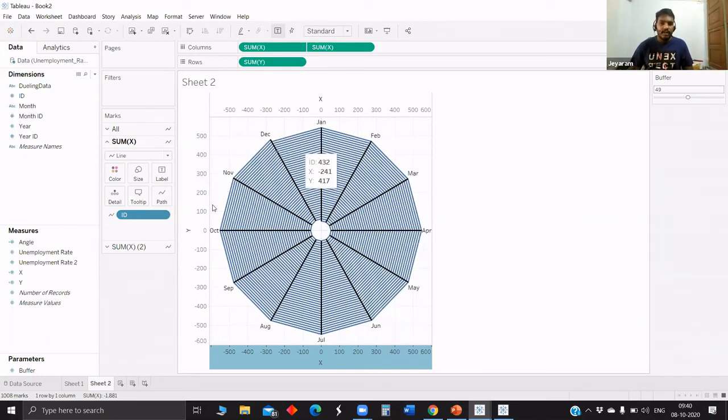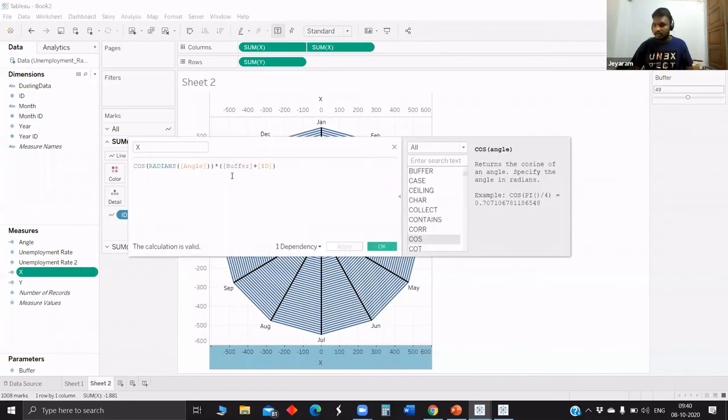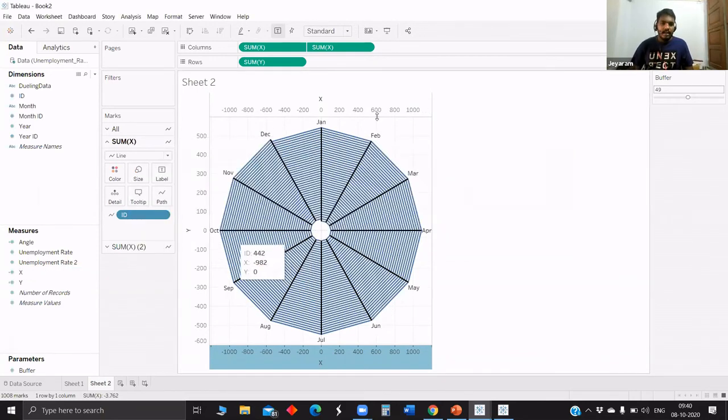For example, now we have 40 years and we are okay with the scale. In future, maybe if 10 more years or 20 more years come, what do we have to do to increase the radius of the circle? As all of us know, x is r cos theta, currently the radius is 1. So we haven't given anything and directly we wrote cos of so and so. If, for example, we assume a case where the radius is 2, then in that case just give 2 into. So in that way, there will be a change in the axis. Now we can see from minus 1000 to 1000. If we change it to y as well, the size of the graph actually increases.